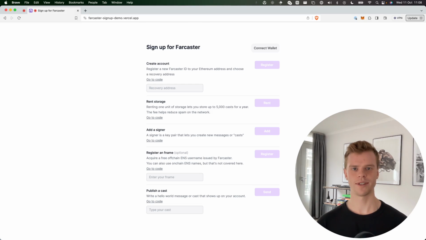Starting today, anybody can create a Farcaster account. The process is fully permissionless, which means that any developer can now create a client and onboard their users however they want. So for this video, I prepared a bare-bones registration flow that I will use to show you how to create a Farcaster account with just an Ethereum wallet and what exact steps are required to onboard your users